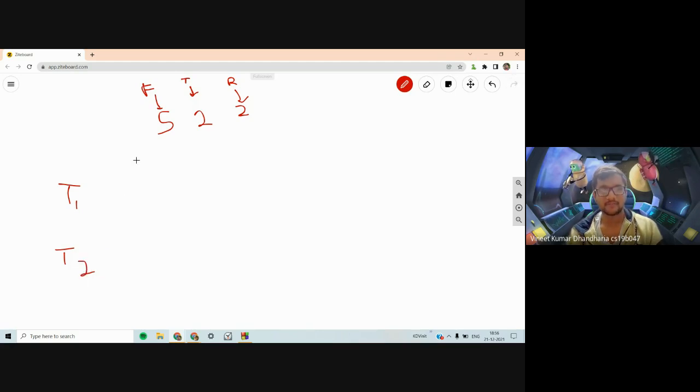So what you have to do is distribute these friends onto the two tables. Friends are numbered from 1 to 5. There are multiple ways to do that. One way is 1 to 5 here and no one here. You can do 1 to 4 here and 5 here. You can do 1, 2 and 4 here, and then 3 and 5 here. You can do it in almost any way. That's not a condition. You can do this kind of distribution, and they would play a game among themselves on that particular table, which is not the point here.